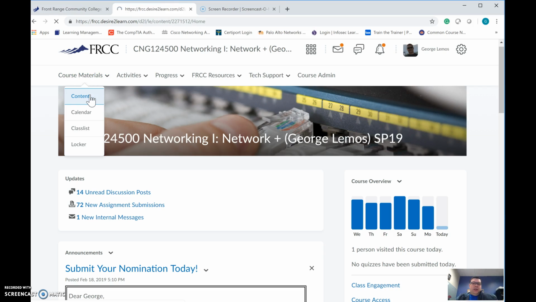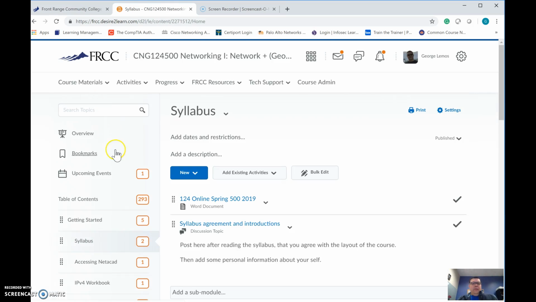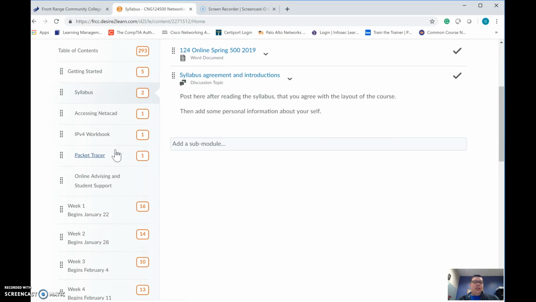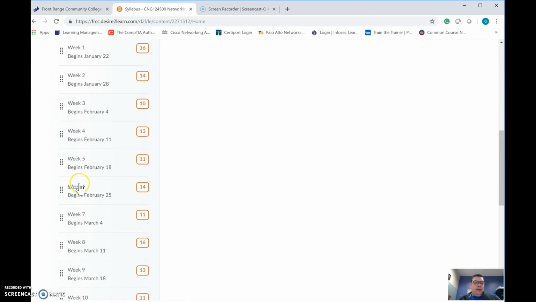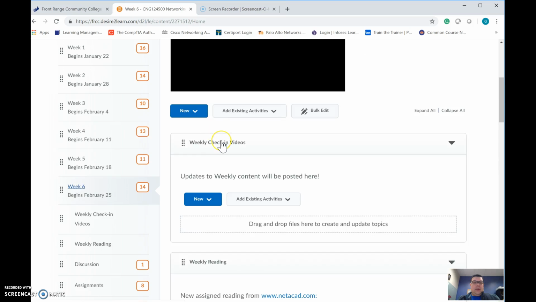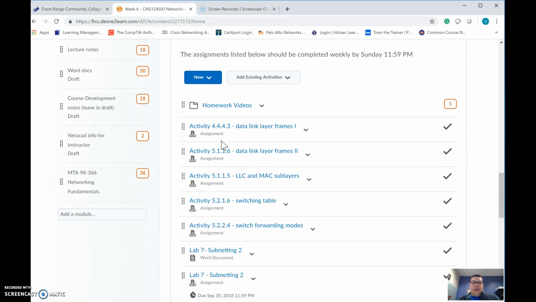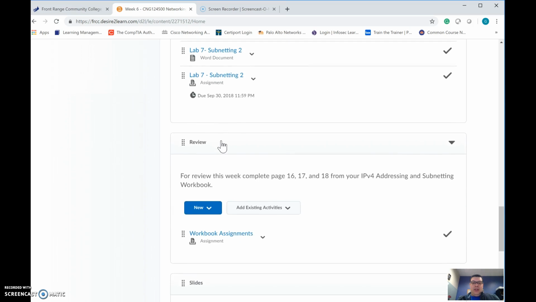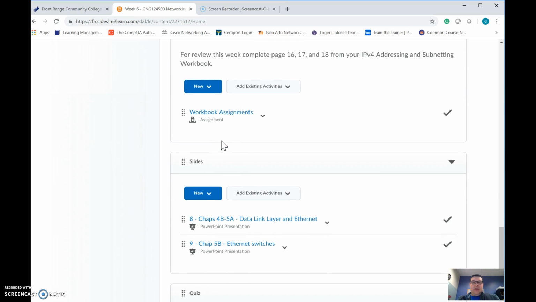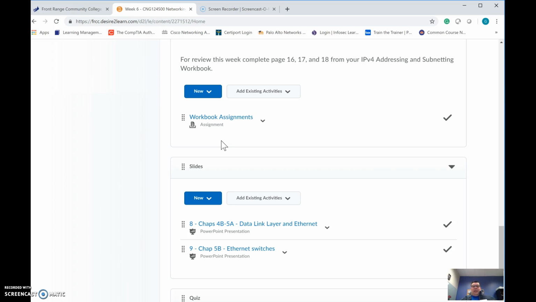This week we dive into subnetting 2. I believe that's it, right? Subnetting 2. Yeah, so subnetting 2 workbook assignments, and we dive into the data link and Ethernet layer. So we look at the OSI layer model and also the TCP/IP layer model, and then we look at Ethernet